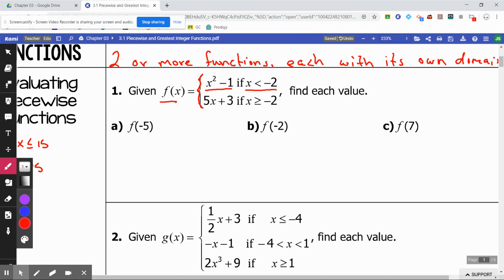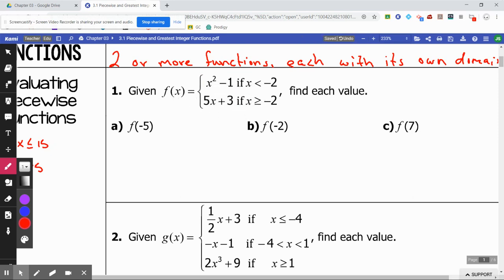As long as your gigs was between 0 and 15, you were fine. If you're less than -2, you're going to plug into this. If you're greater than -2, then you're going to plug into this. In my example, if you were between 0 and 15, then you had a certain price. Then if you went over 15, then you had a different price. So the "if" over here tells you which